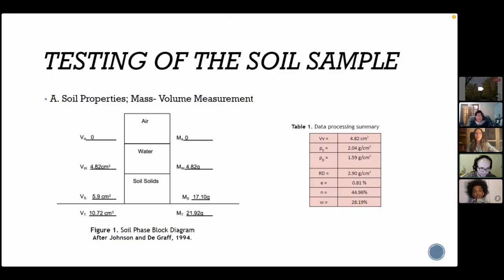When we determine the plastic limit, we use the water or moisture content and the dry mass. With that, we determine the average of the plastic limit for each trial, and the liquid limit, which was 23.5, was determined by the